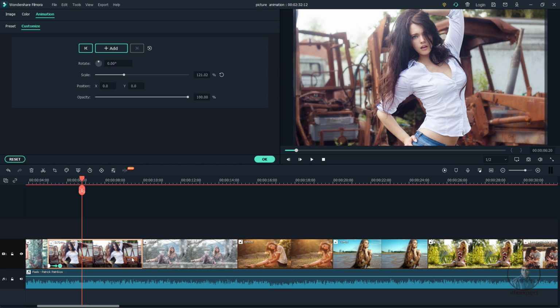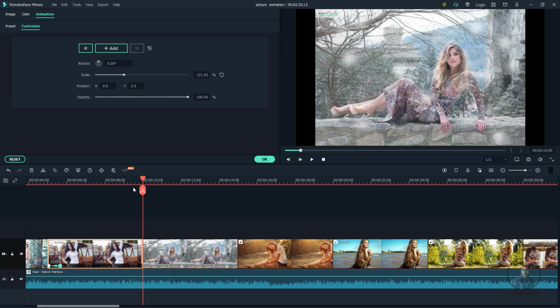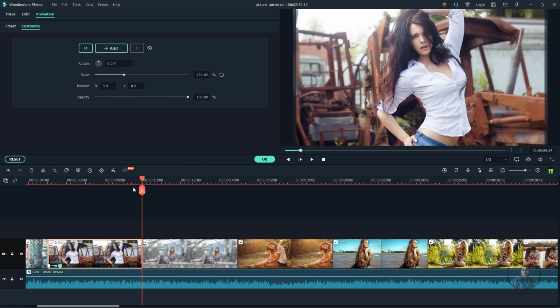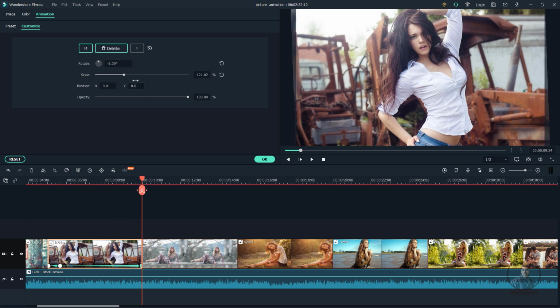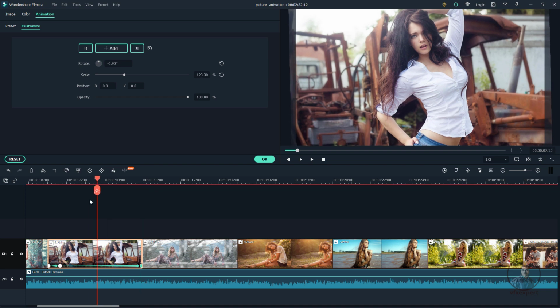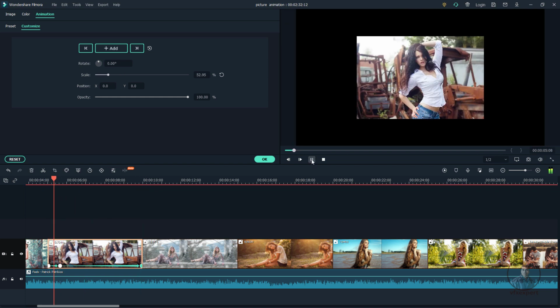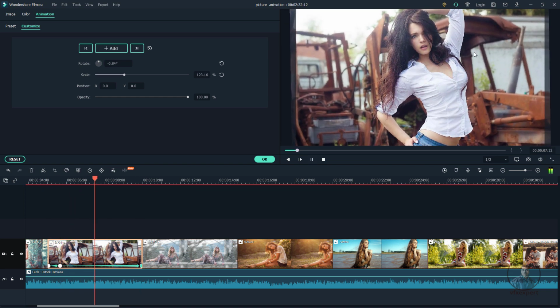Then after this, suppose till the last I want to give some motion here. So we can place our playhead at the last. Press down arrow. Now press left arrow here. This will move your playhead to the last frame of this picture. Now maybe we have to give some rotation if you want, then simply you can give it here. This will automatically add a key here. You can see here, you can also give some scale. Now we can play and check. You can see here.